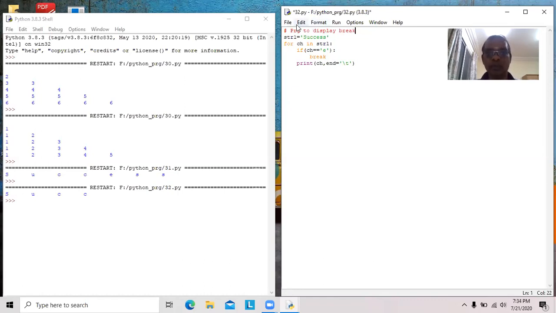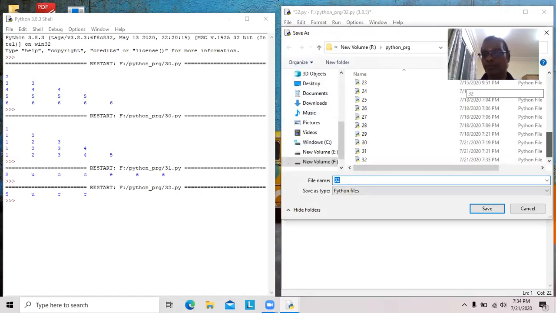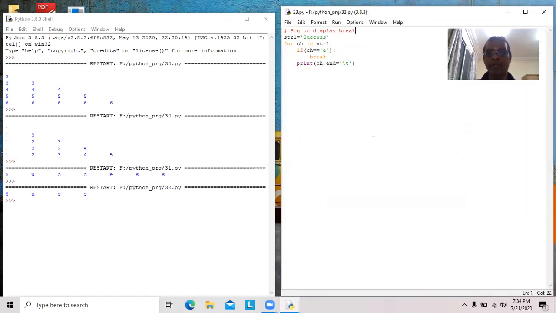Now we will see the usage of continue. Instead of break, I change it to continue. Already we studied that break terminates the loop immediately, or you can say break transfers the control out of the loop immediately.